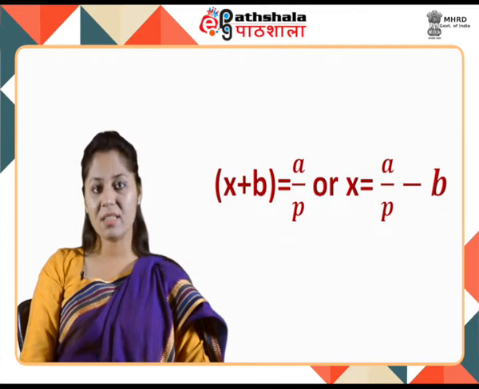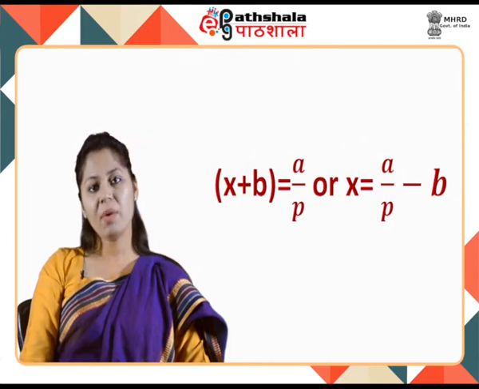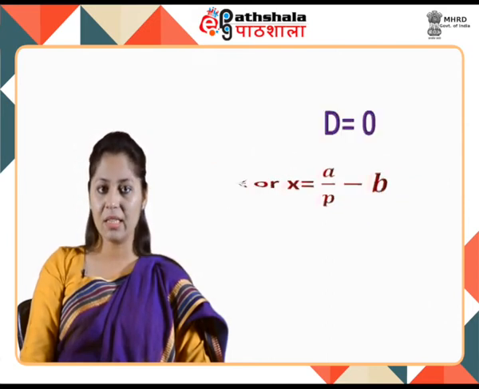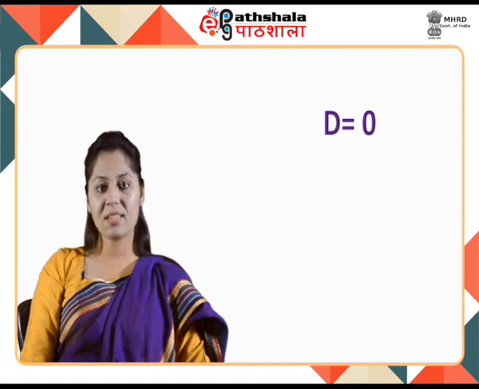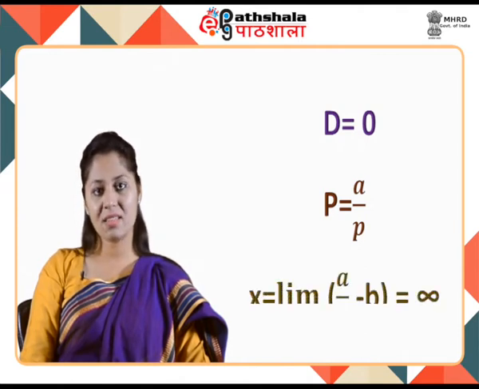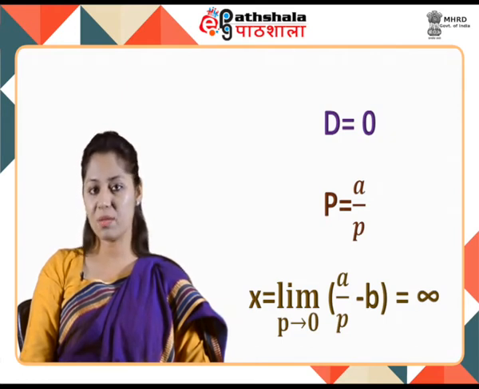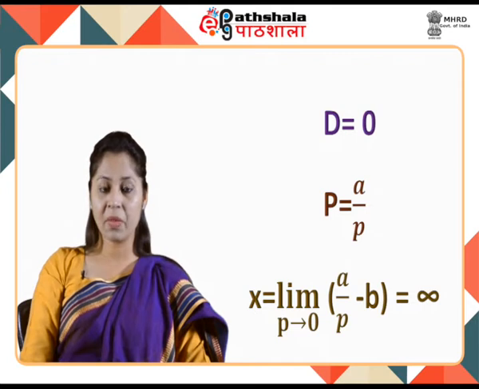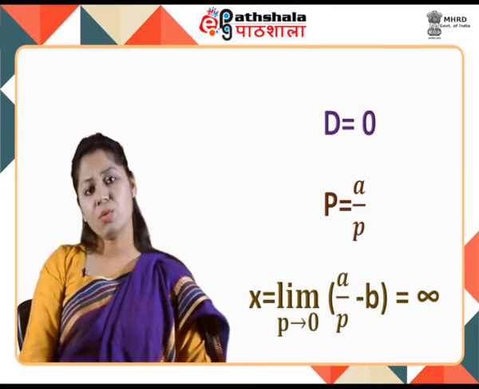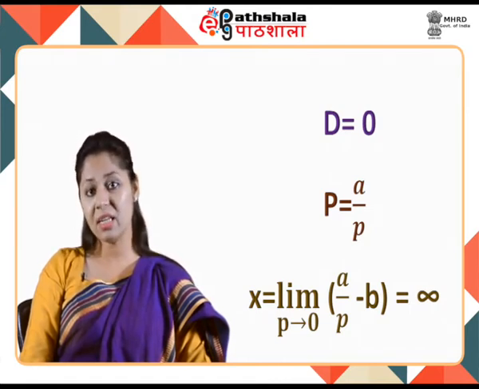Since we have to examine the behavior of demand as price is changing, we write x plus b is equal to a upon p, or x is equal to a by p minus b. The demand equals 0 when price is equal to a by b. For small prices, it is given by x is equal to the limit as price tends to 0 of a upon p minus b, which is infinite. On combining the results of these two limits, we can say that demand increases from 0 to indefinitely large amounts